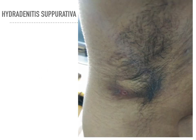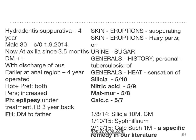And this is a case of hidradenitis suppurativa. It is very difficult to cure. We have two or three cases in our OPD. Hidradenitis suppurativa shows constant discharge from lesions in the axilla or the inguinal region. It's a case of four years' duration, a male of 30 years. The main lesion is on the axilla, aggravated since three and a half months. Even though he is a young patient, he has diabetes mellitus, with discharge of pus earlier at the anal region four years back, now in the axillary region, once operated,